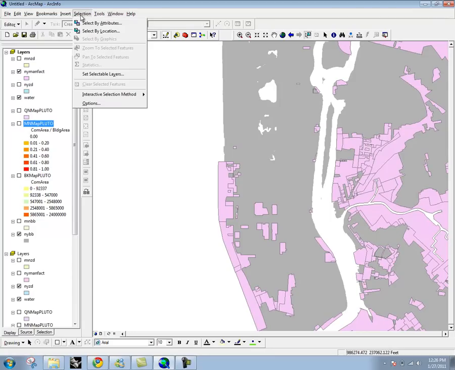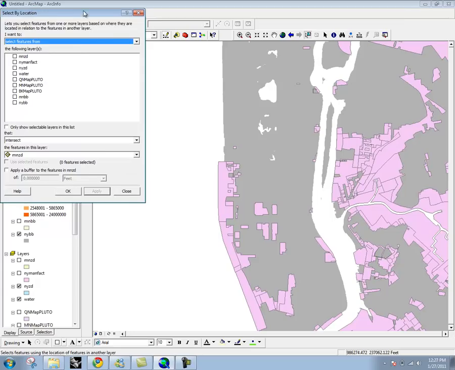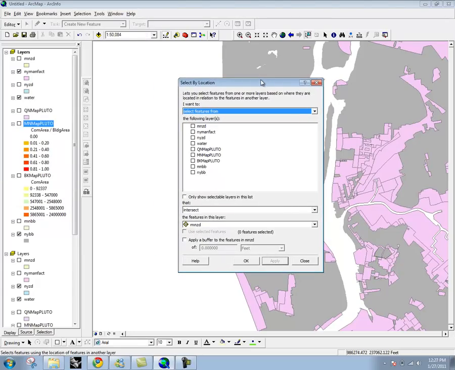So when you go to selection, go to select by location, you have to read these as kind of a sentence. So it says, I want to select features from New York manufacturing